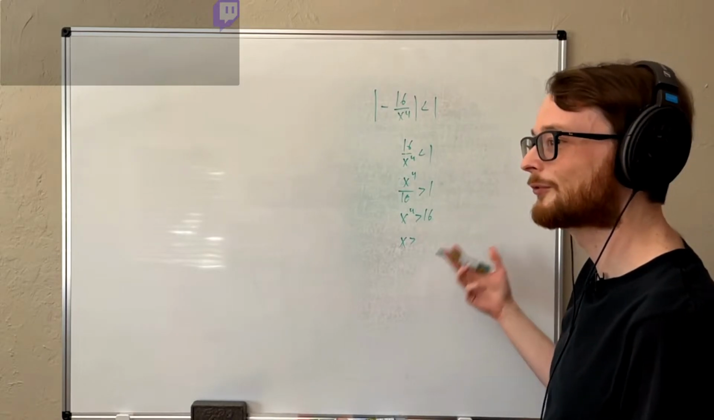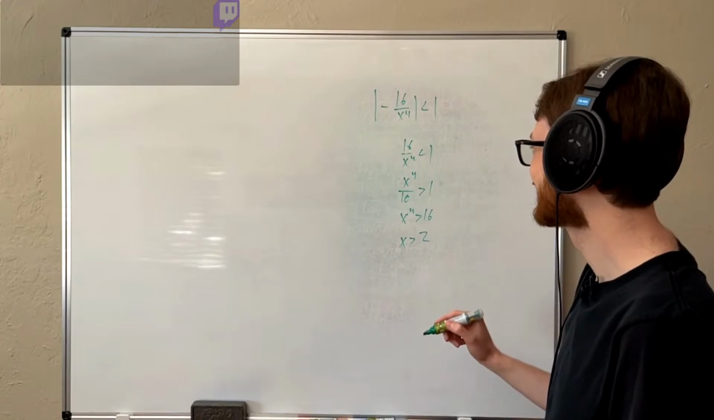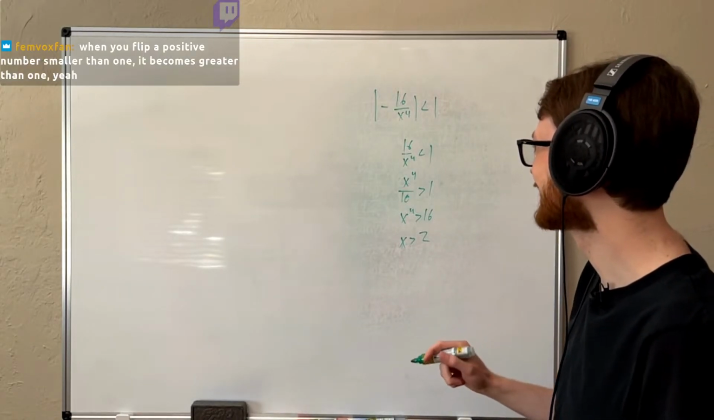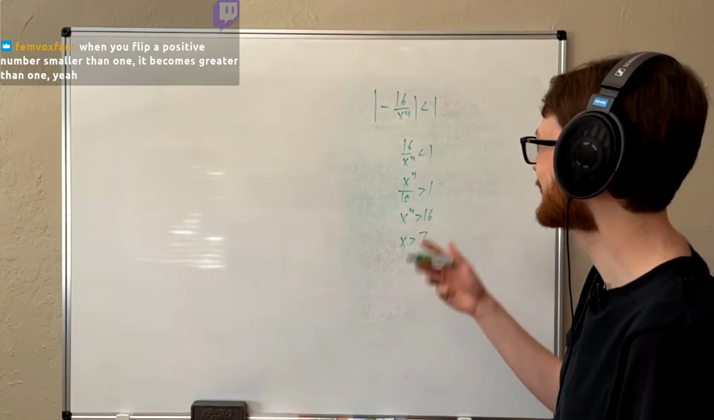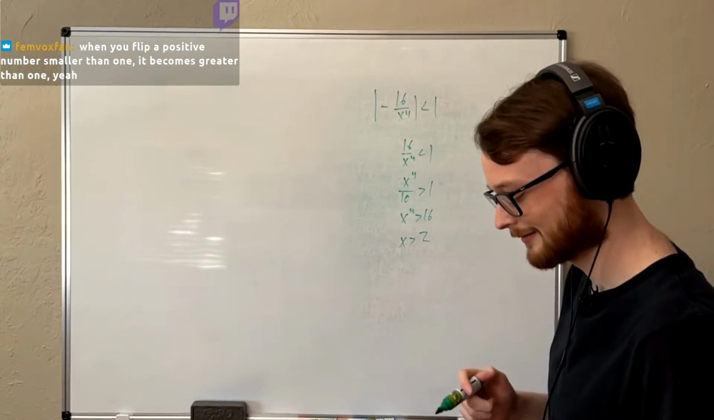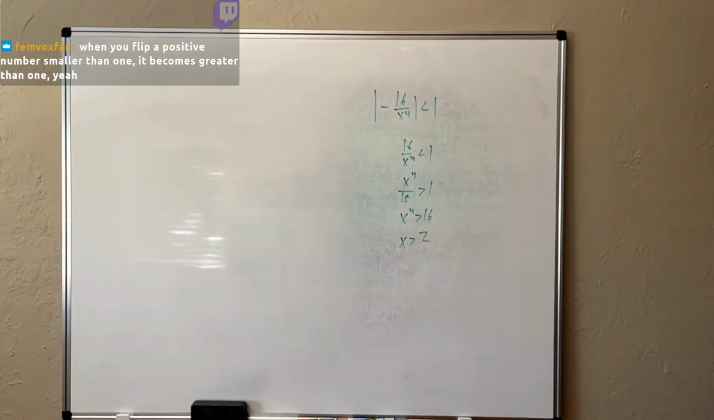The fourth root of 16, is that just 2? It is. Because if you just need this entire fraction to be less than 1, then the denominator has to be bigger than the numerator. If you flip a positive number smaller than 1,